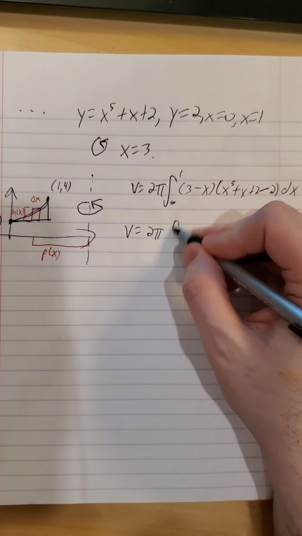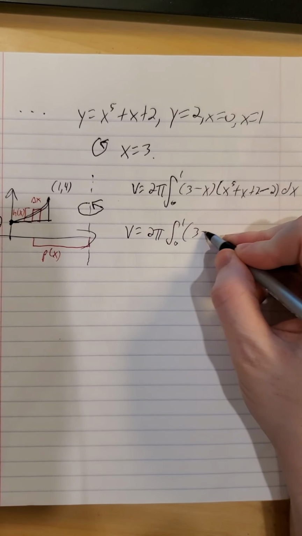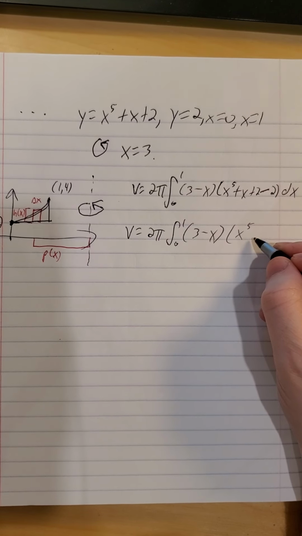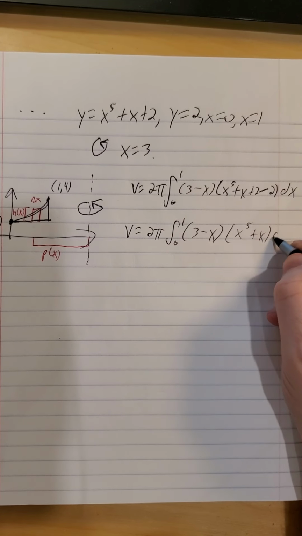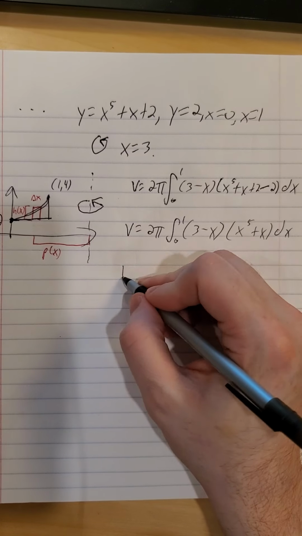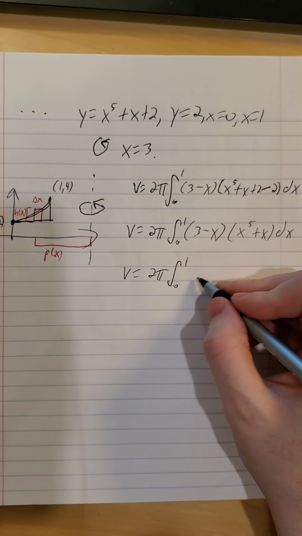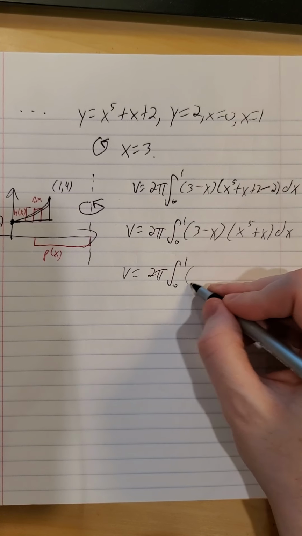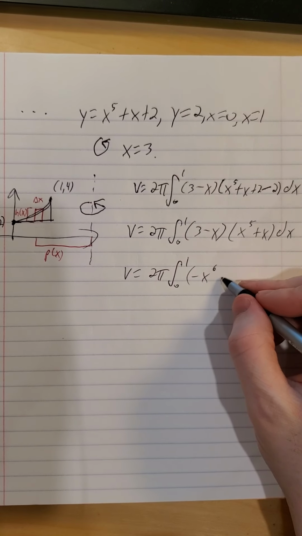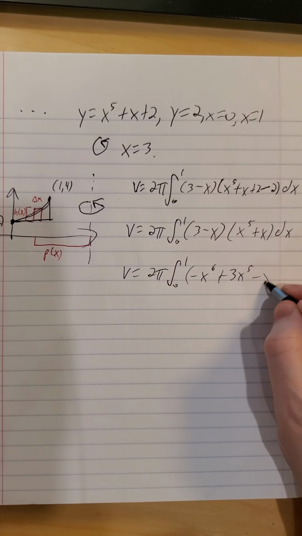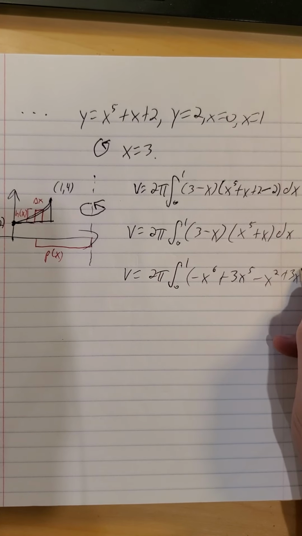So volume 2 pi, integral from 0 to 1, hang on to 3 minus x for a minute. Our second factor, x to the 5th plus x, times dx. Again, we'll just multiply this out. So minus x to the 6th plus 3x to the 5th minus x squared plus 3x, close it up,